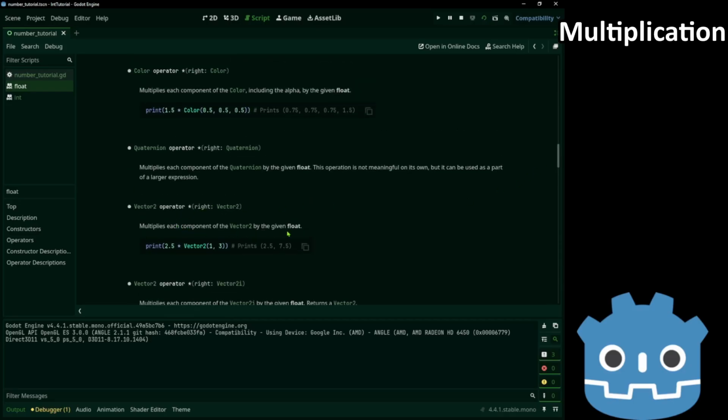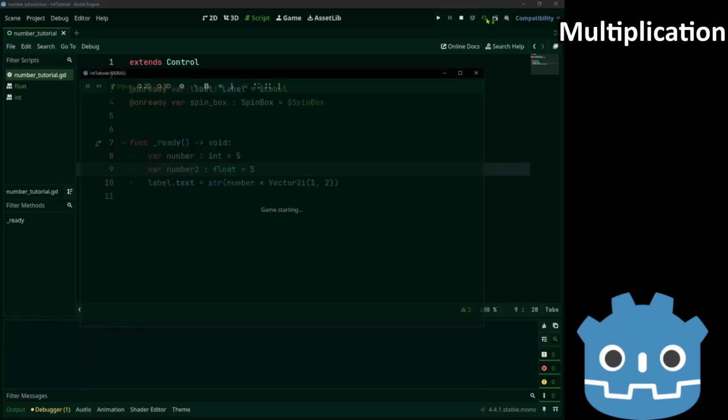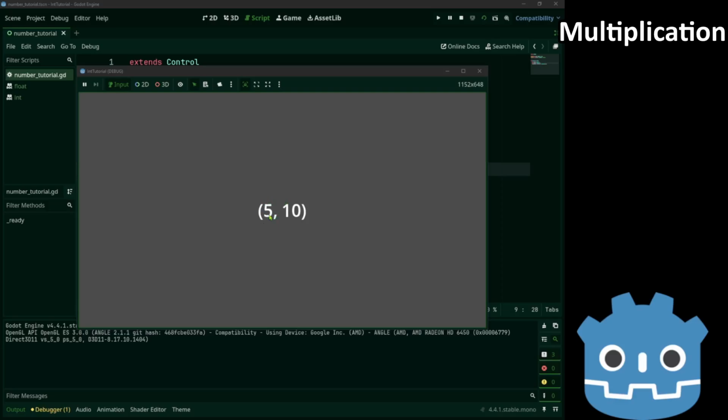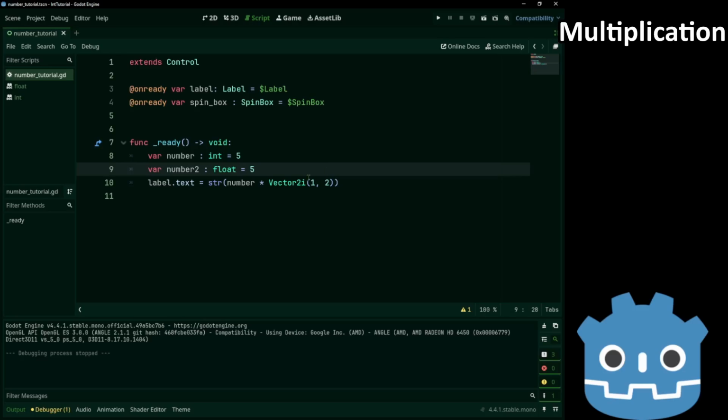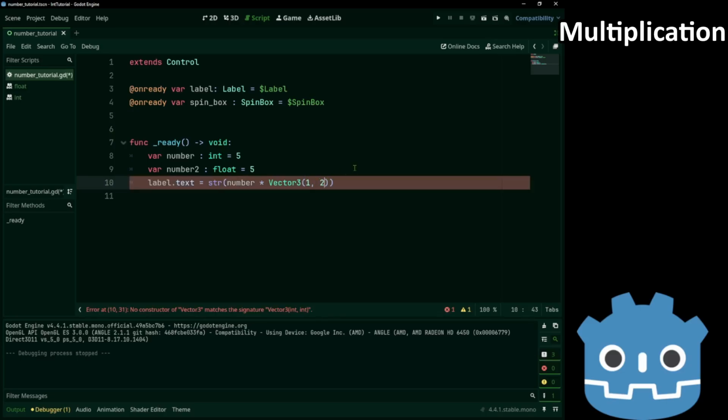The vector 2i is a special case where we only use integers. We get the same result but without decimal parts this time. There's also vector 3. That's 3 numbers.